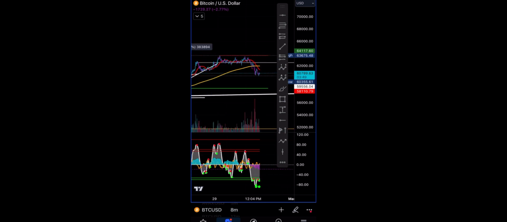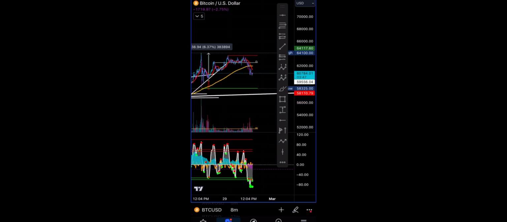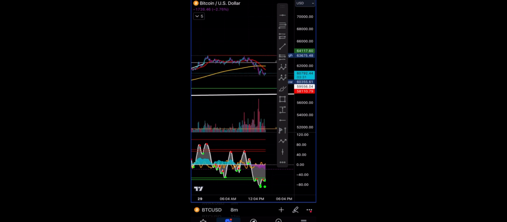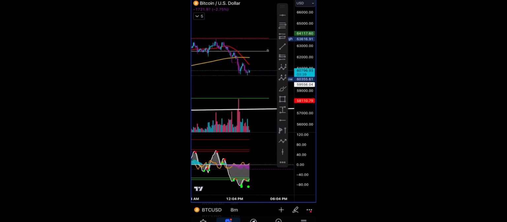All right, so we have a support line down here that's green from this crazy wick. So 58,000 could be the next level, but we might not make it down that far. And then our high again is 64,100, right? So for an example, you would